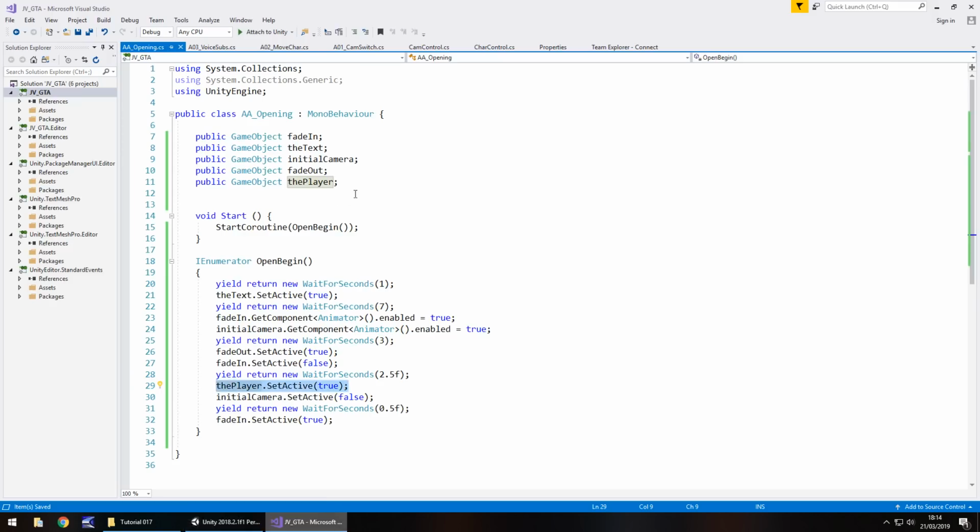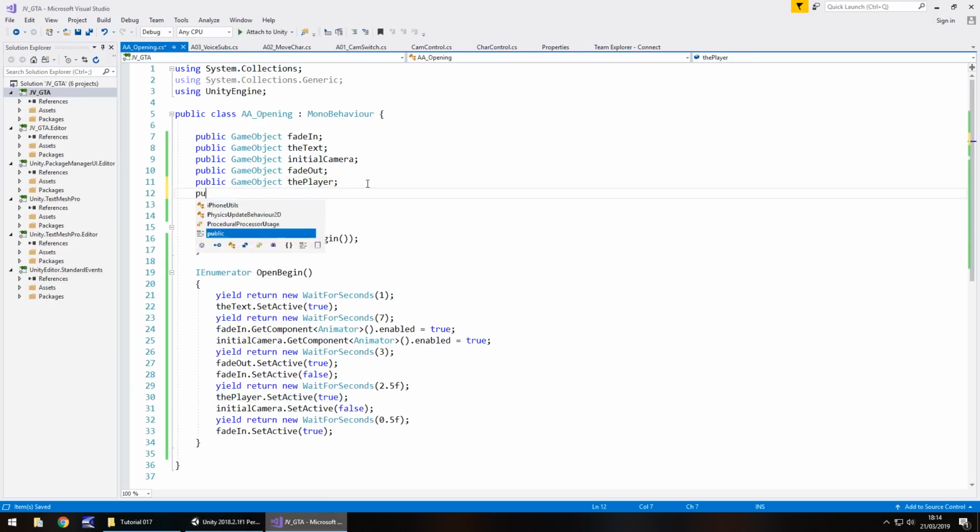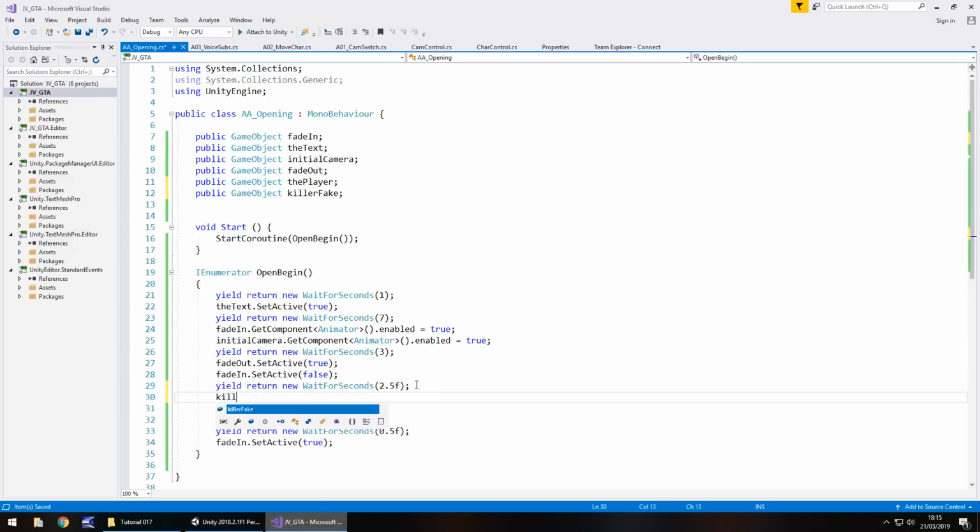So we'll declare him as a new variable. Public game object. I'm going to put killer fake semicolon. So all we need to do is when we turn this off, or rather turn the player on here, we just need to go killer fake dot set active false semicolon.